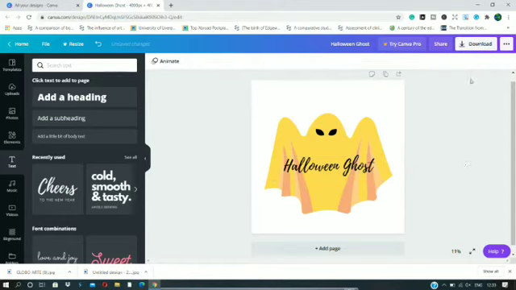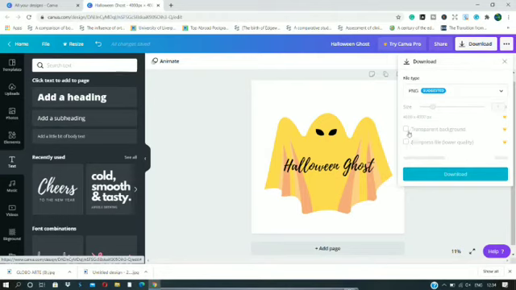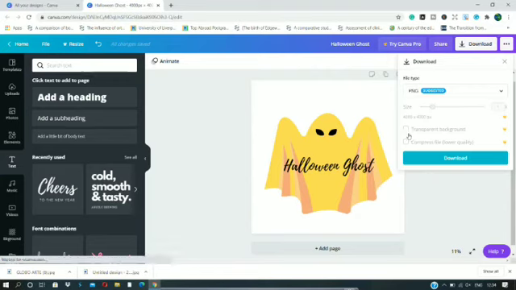This design right now doesn't contain a transparent background, but we need a transparent background, guys. We need a transparent PNG background. So basically, I found three methods of doing it. One, you can purchase the Canva Pro version. If you purchase the Canva Pro version, then you have access to the transparent background option. But since I'm operating my account from a free version of Canva, I don't have access to this transparent background PNG format. But if you go for the Canva Pro version, you can purchase it and get access to this transparent background option.